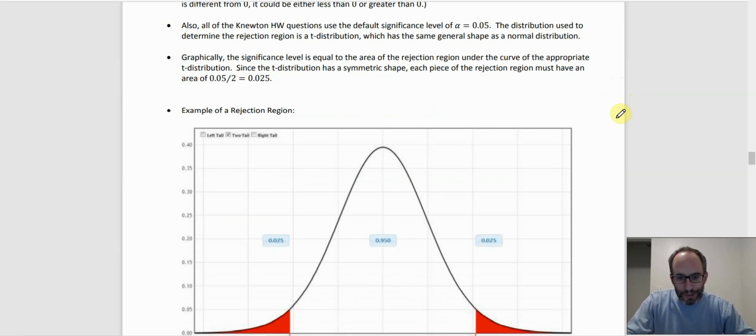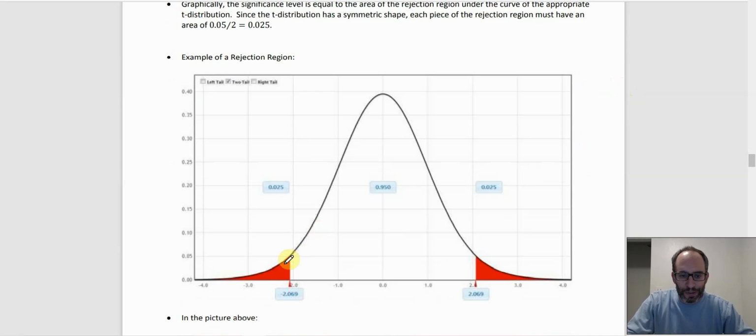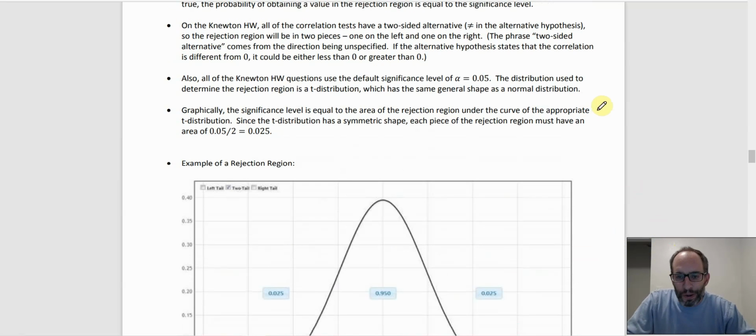So there's like this picture down here. So notice how there's the red part in the left and the red part in the right. That's the rejection region. And so you have to consider both. So like the left would be a less than and the right would be a greater than. All right, so going back up here, if you had to generate the rejection region yourself, you have to use something called a t-distribution, which I put the properties of that